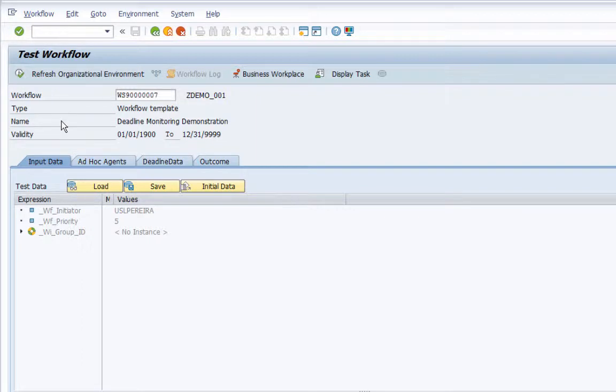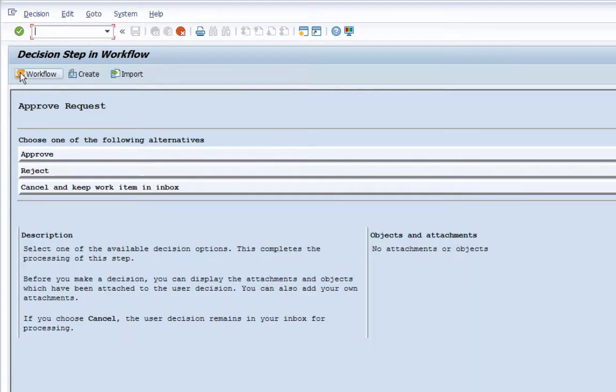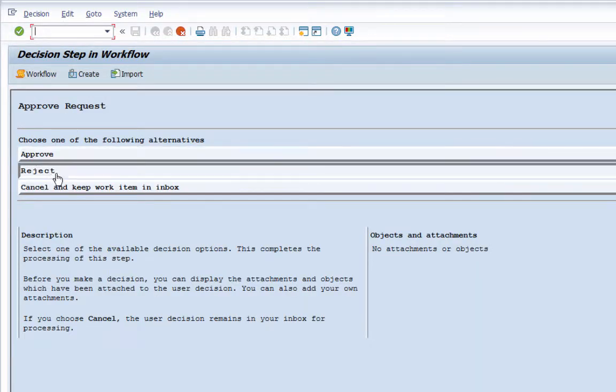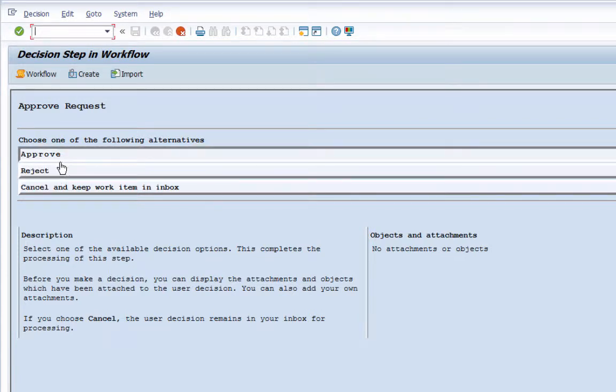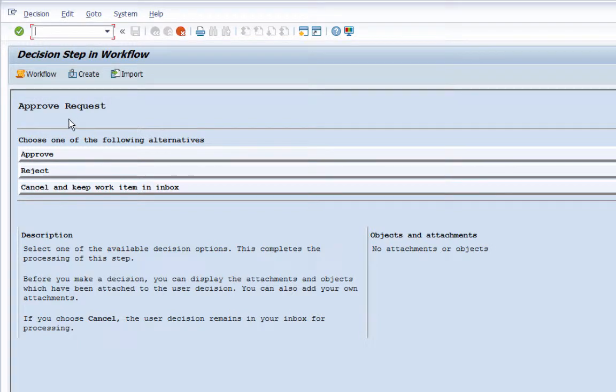But remember, the first step in our workflow template is a decision step. So as soon as I click this execute button, I will be given a decision step which will have two buttons, the approve and the reject button. Of course, we are not going to click any of those buttons because we want this task to cross its deadline and therefore escalate, and hence send an email notification saying that the workflow item is escalated. So I'm going to execute this, and here I do see two buttons called approve and reject, and executing any of these buttons is going to approve or deny the request accordingly. But I'm not going to execute this.